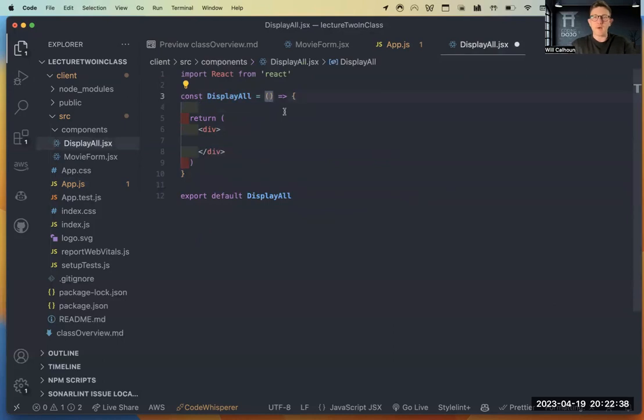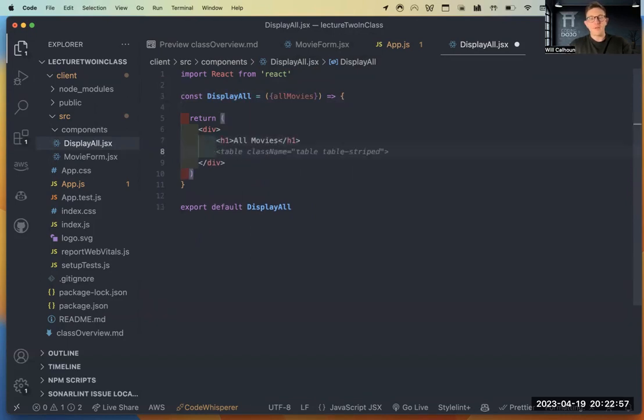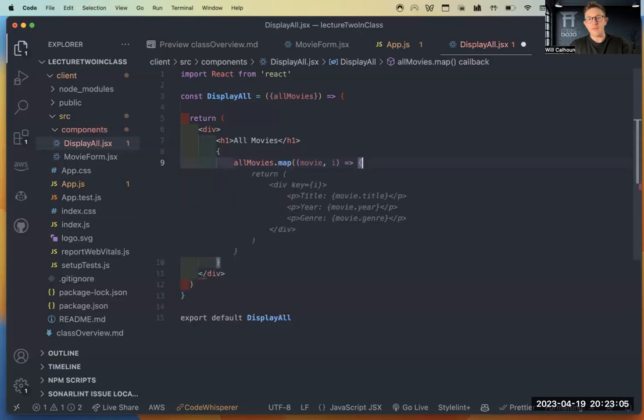And come in here. Now, again, I could say props, and then I could say const all movies, or I can just destructure in this and say all movies. Perfect. And then now, if I wanted to have an H1 that said all movies, I don't want to create a table, but what I could do is use our map like I had yesterday and say all movies.map. And then here, we're just getting all this information, right? We're saying create all movies.map. We have movie, we have our index that goes to our key.